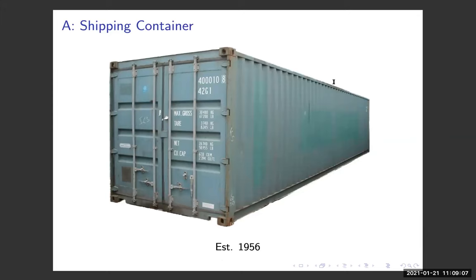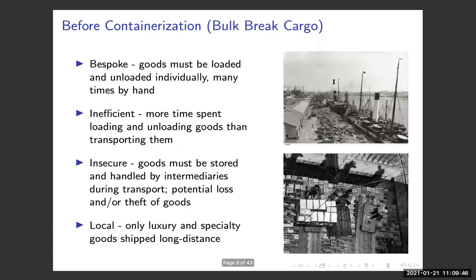So a shipping container is somewhat of a modern invention, right? It was really invented in its modern form in the 1950s. So it's only about 70 or so years old, right? But it transformed the way that modern freight shipping is done around the world and created the rise of globalization, essentially. Because before shipping containers were invented, this sort of standardized box that can fit on a ship, a plane, a boat, a truck, a train, you had a very different situation, right? You had what was called